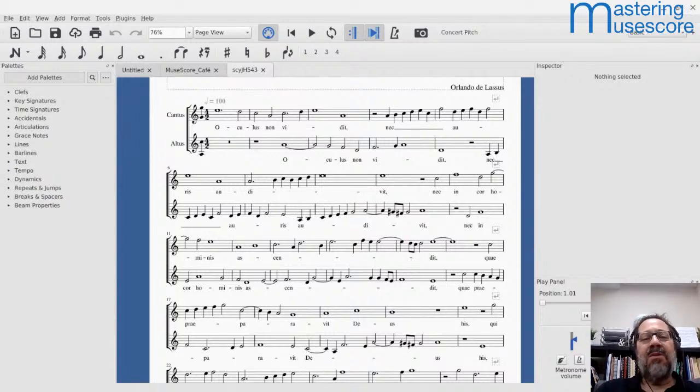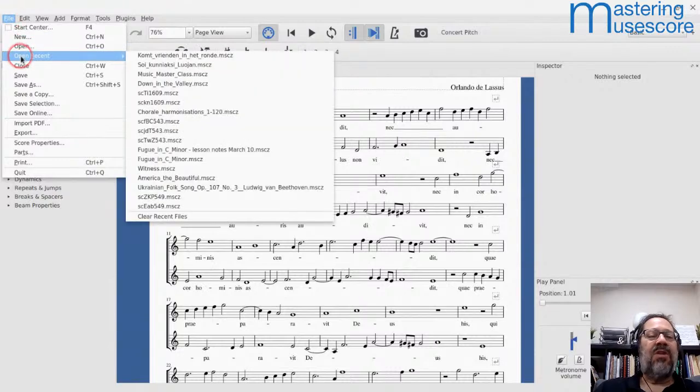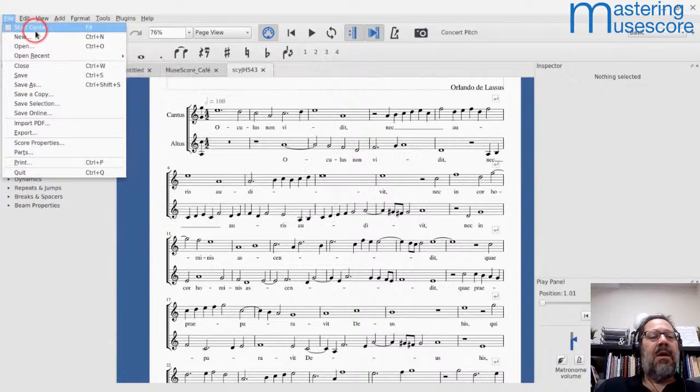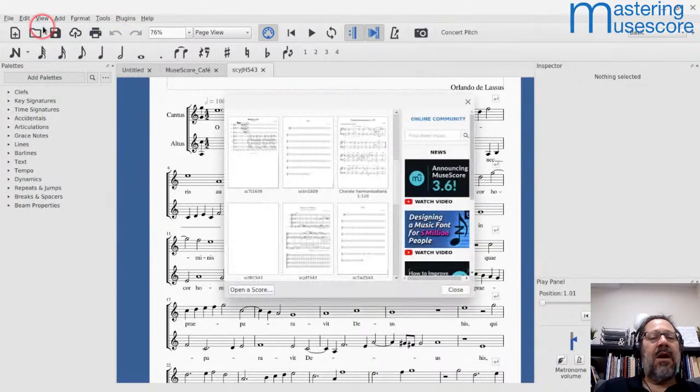So anytime you see one of these funny file names, realize that's an autosave score that's been recovered, and you'd better go out of your way to make sure you save it in the proper place with the proper name. So that's one thing to know about that window we were just in, is that it will be showing you some autosave files. And when I talk about saving it with the proper name, I'll come to that in a moment. But another thing to know about the Start Center is